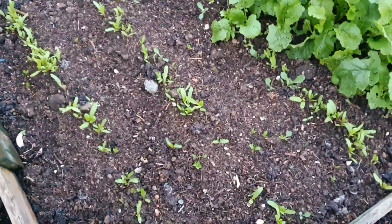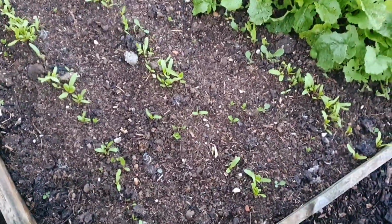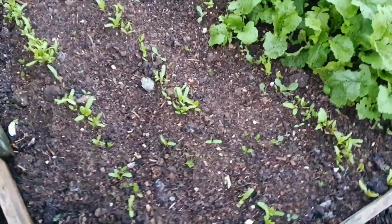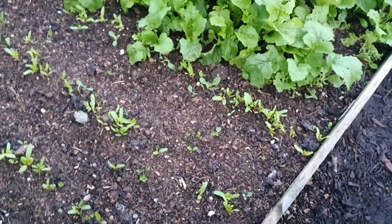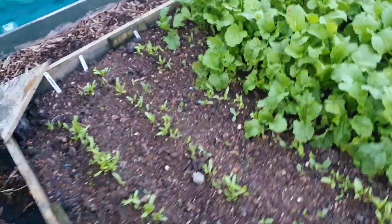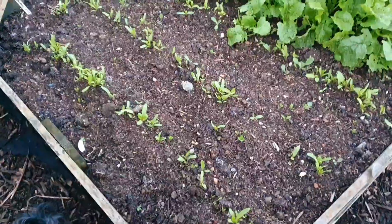Good evening. It's the 3rd of August 2023. It's just after 9 o'clock at night. I've just finished doing a little bit of work in this bed here. If I can zoom out, hopefully I could zoom out. I've got perpetual spinach grown,